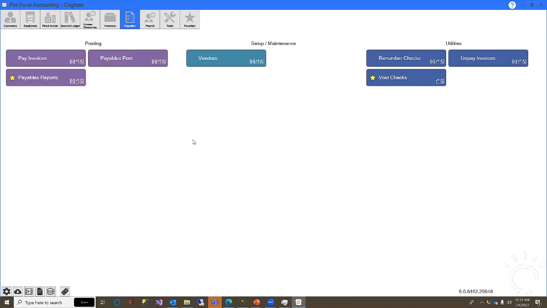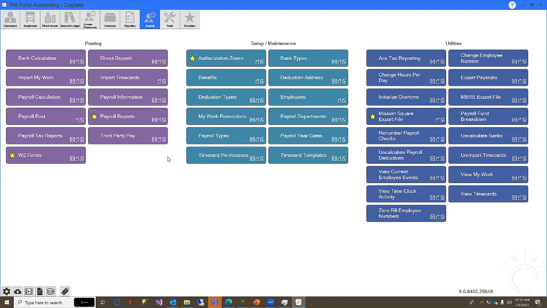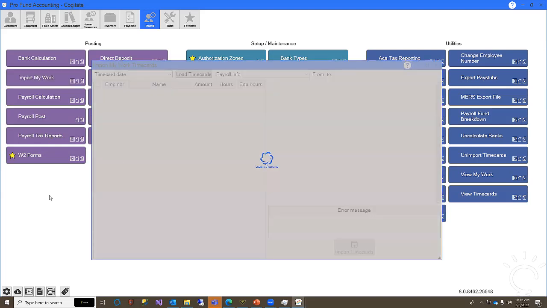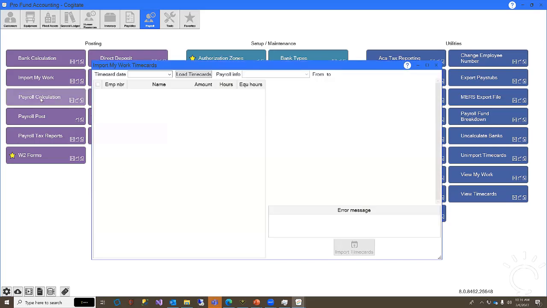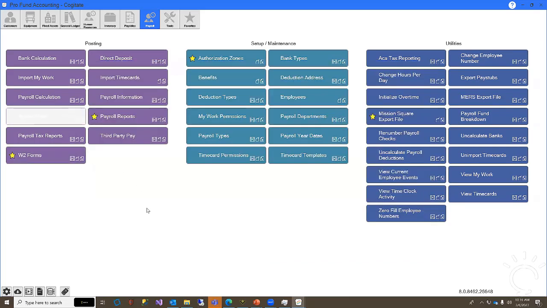Let's see, what else have we done with the locking? Anything else, Paul? We did the locking of two different screens at the same time, like import and unimport. Oh, yes. Okay. There is one other piece to the locking. So let's go into payroll because it's easiest to do. If I go into import my work,